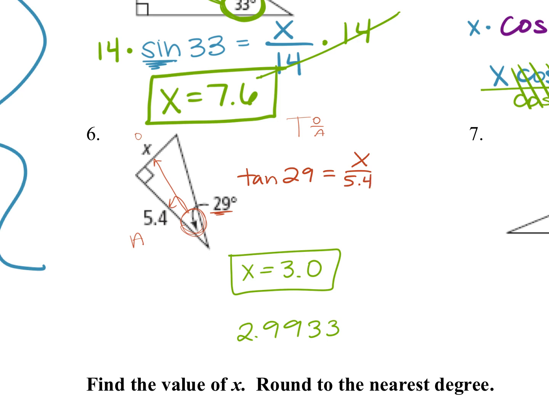Okay, so from here, after that, do you multiply to solve for x? Now you multiply by 5.4, and then put that on the other side. Okay, so this is what you're going to plug into your calculator. And you get